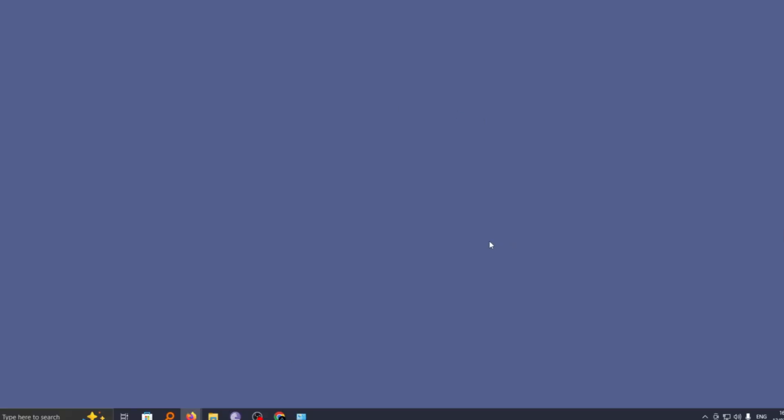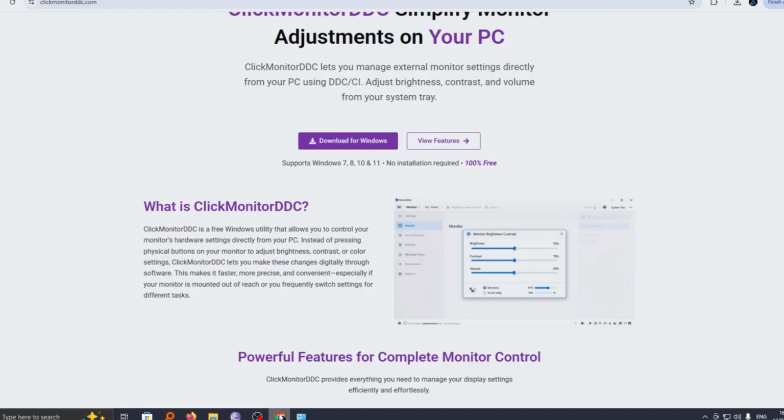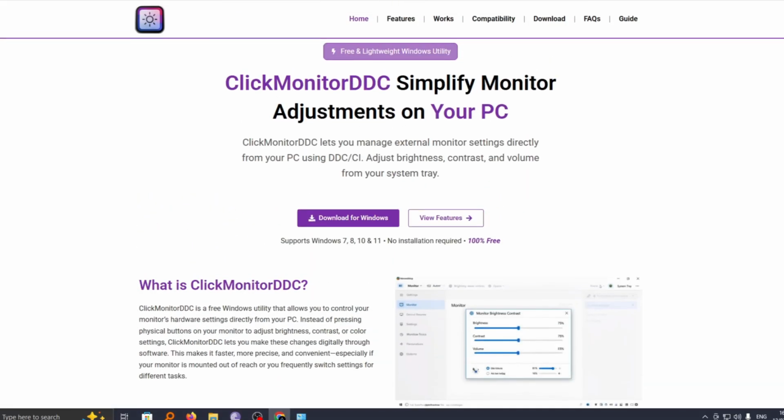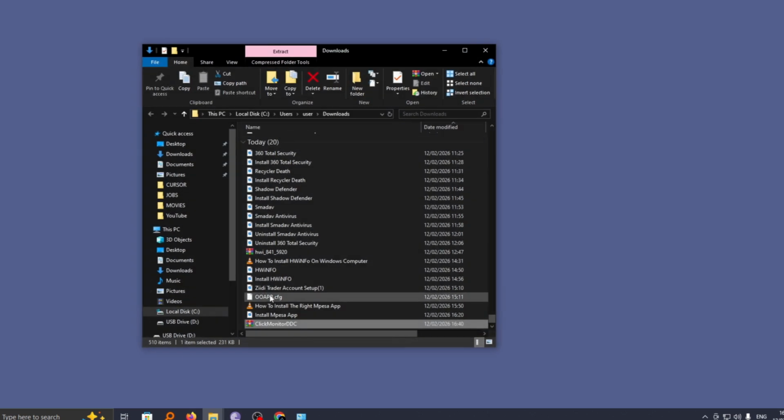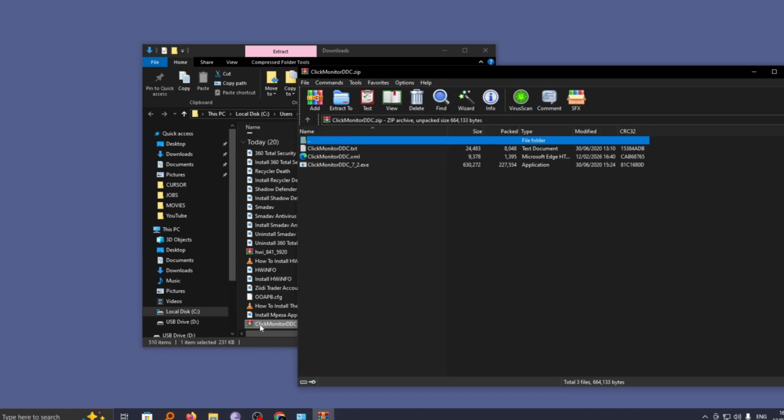Alright, first to get ClickMonitorDDC, you need to go ahead and download this file on your computer. Visit this ClickMonitorDDC official website and then download the file here. Once you have downloaded it, go ahead and open the download location. You can see my file is here. From here, you can go ahead and extract this zip file or double click on it and you should see